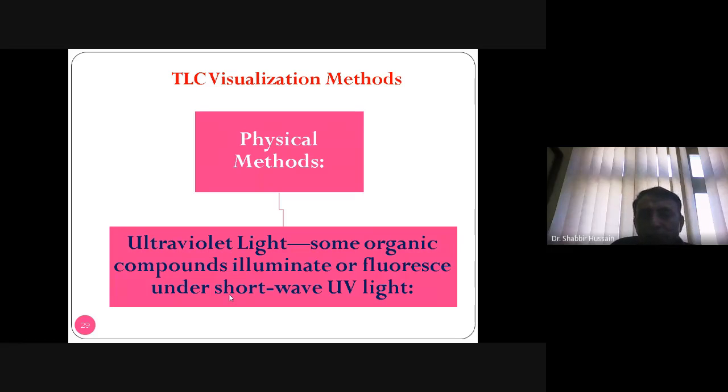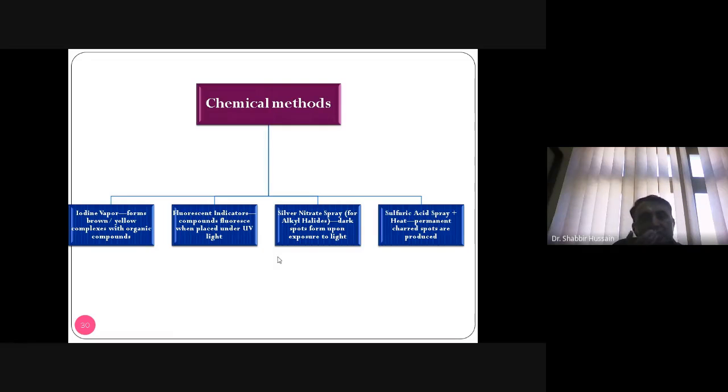Some organic compounds illuminate or fluoresce under short wave UV light, right? Those organic compounds which have functional groups, double bonds or conjugated double bonds, वो इसमें इल्यूमिनेट्स या फ्लोरेसेंस शो करेंगे। इसी तरह से हमारी टीएलसी में वो कंपाउंड्स नजर आएंगे। दिस आर द फिजिकल मेथड्स। और केमिकल मेथड्स में वी आर यूजिंग डिफरेंट स्प्रेइंग एजेंट्स टू इंडिकेट द सेपरेटेड कंपाउंड्स।